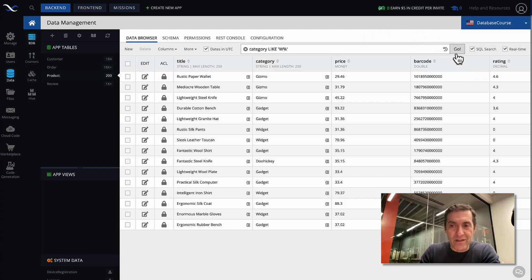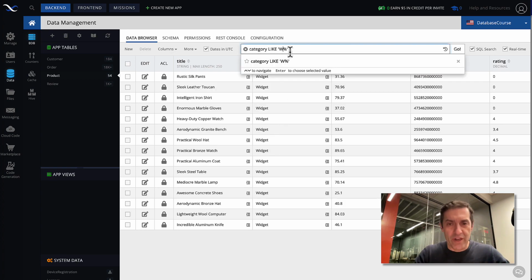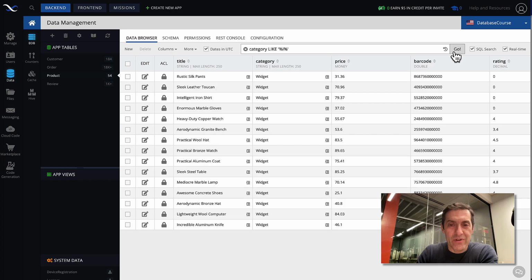In this case, click go. And as you can see, we got all the ones that start with W. I'm not sure if there will be more than one different type, but let's say we can use % both to start and to end, and inside, if we put, let's say, the character I, it means find all records where the value contains the letter I. Click go.